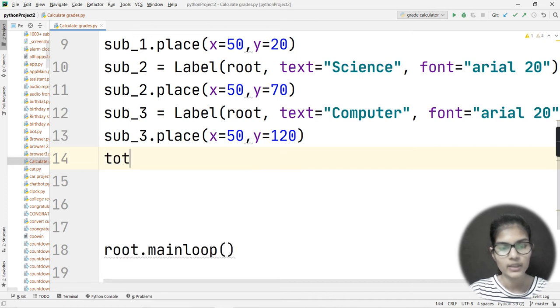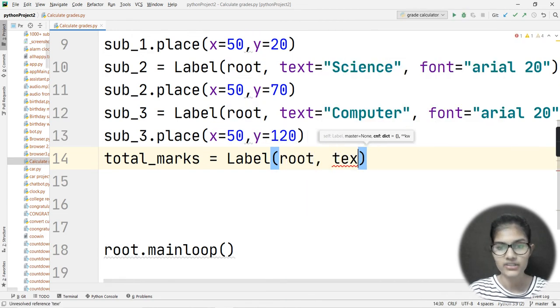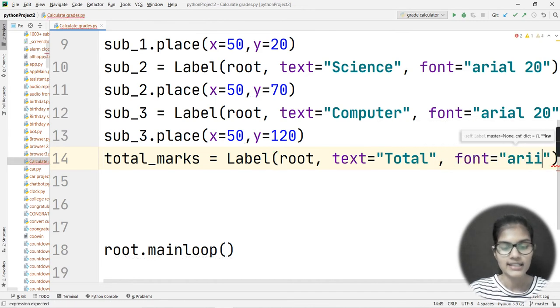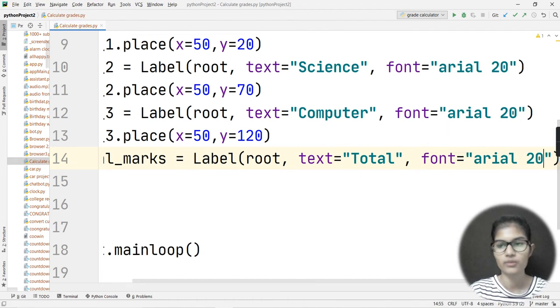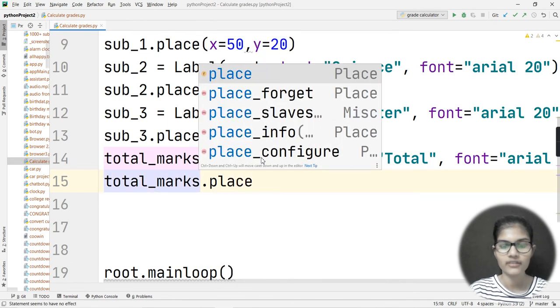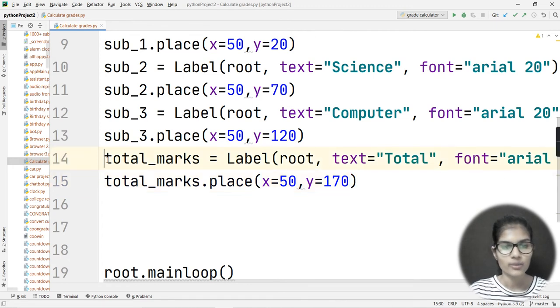So I make a variable total_marks is equal to Label(root, text is equal to total. Again the procedure remains the same. I put one comma here, and the font remains Arial, with size 20. Then total_marks dot place, where I give some values: x is equal to 50, and the value for y would be, let's say, 170. So these are the total marks.